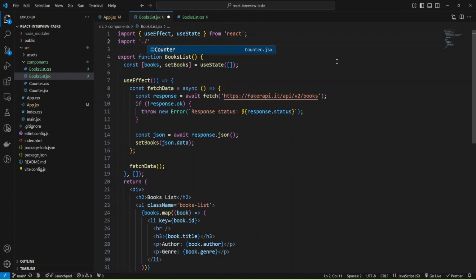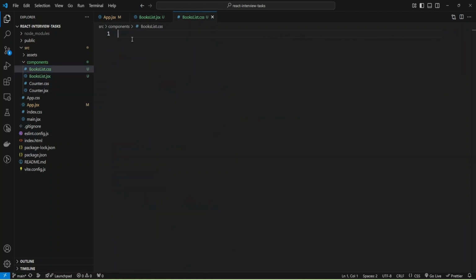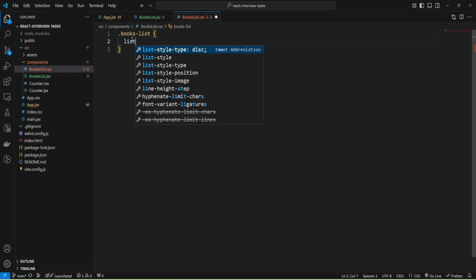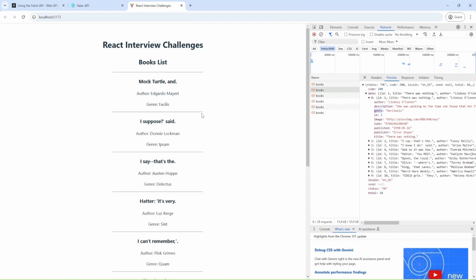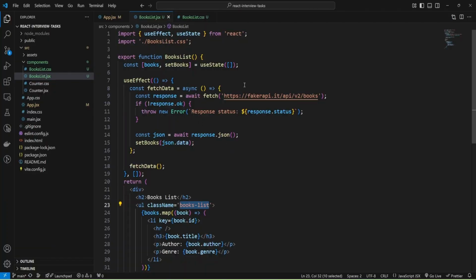Import books list CSS, and I'll just add one style inside it, and I'll provide list-style-type, and will provide none. Okay, and let's check again, and as you can see we don't have these dots anymore.